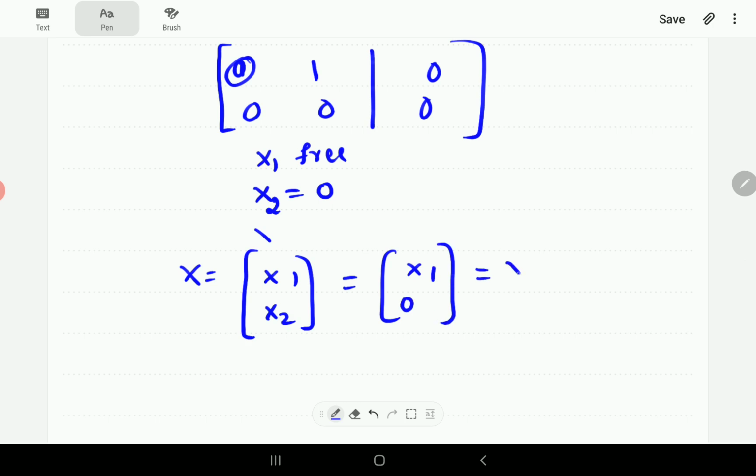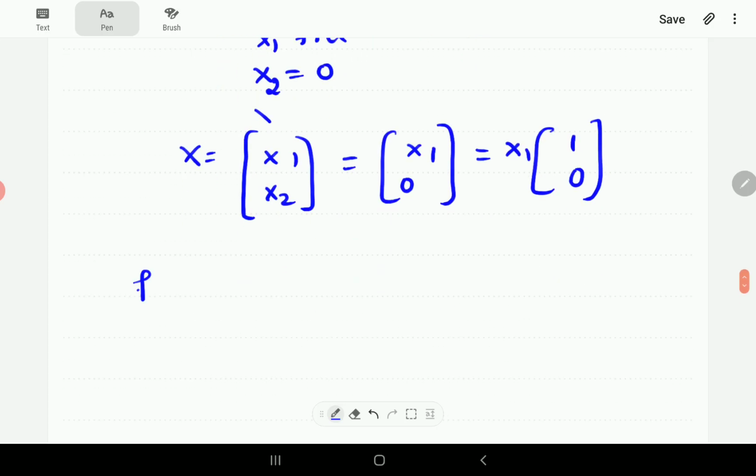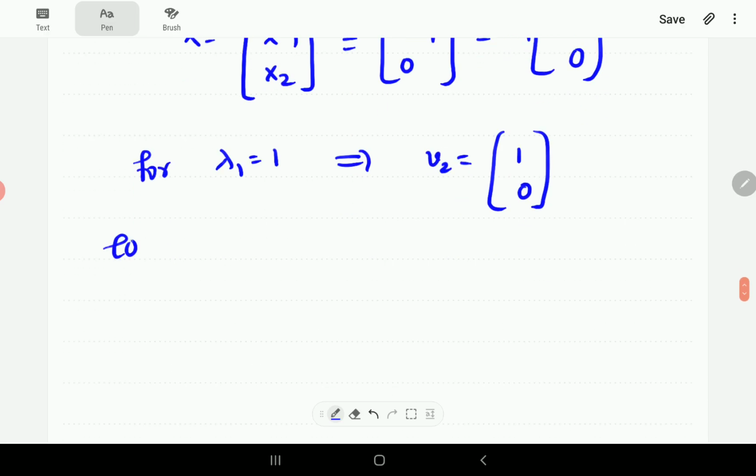So therefore if I take x1 out, it is simply 1, 0. So for lambda 1 equal to 1, we got a vector v2 as 1 0. So these are our vectors. So hence now we can construct